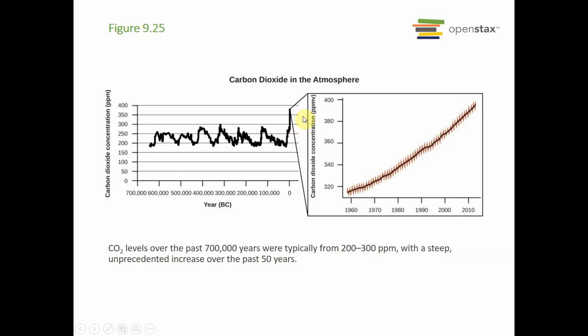Also, by analyzing the ice in Antarctica, we can go way, way back and determine how much carbon dioxide was in the atmosphere in very ancient times, in this case going back 600,000 years. So the carbon dioxide stayed within a reasonable range, and as of today, it's over 400 parts per million. All of these are cut off at some point, but we're well over 400 parts per million. So CO2 levels were typically 200 to 300 parts per million, with a steep, unprecedented increase over the